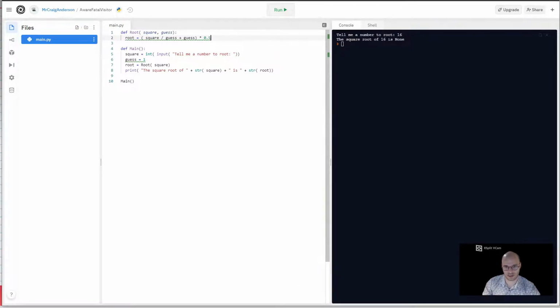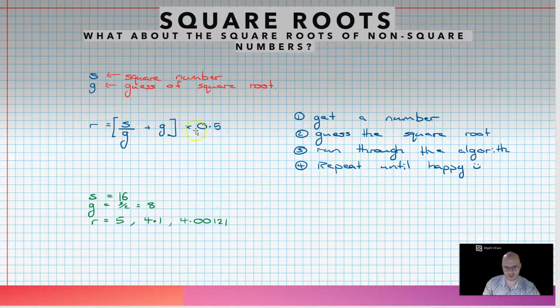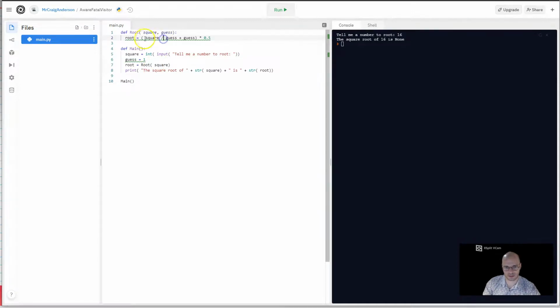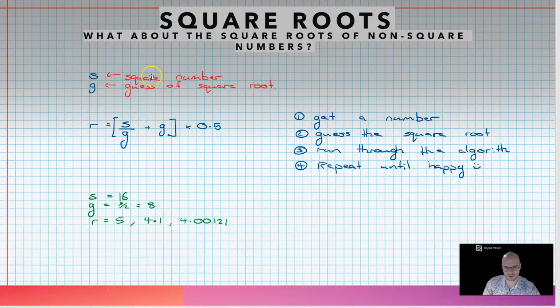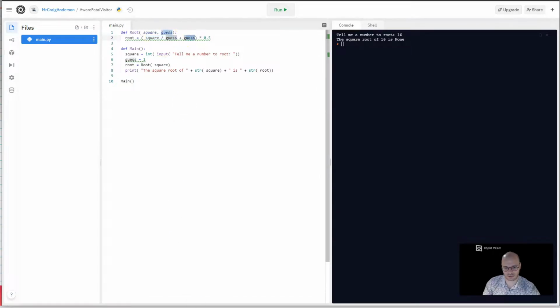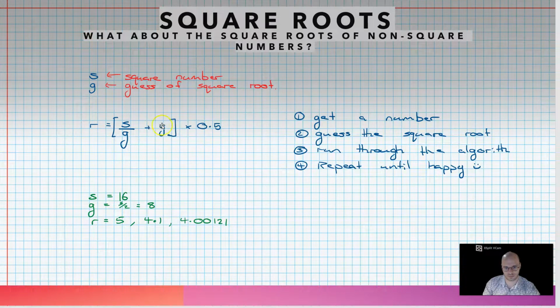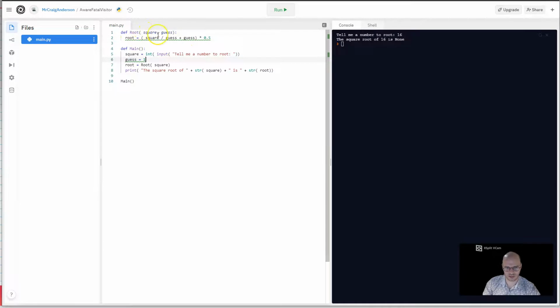So all I've gone and done is I've copied this algorithm here, or this formula here, and I've simply thrown it up here. So square divided by guess here plus guess, which is here. And then you've got the 0.5 at the end. And we have to edit this down here. So we're expecting 2. We have to put in the guess as well. Like so. And if we run it,